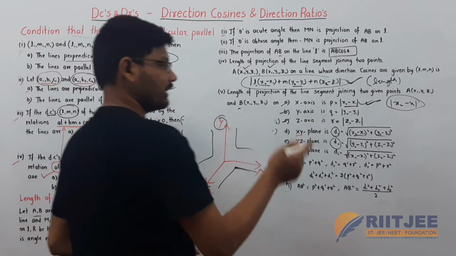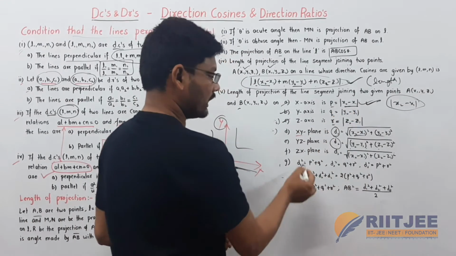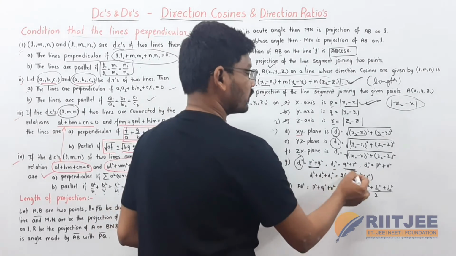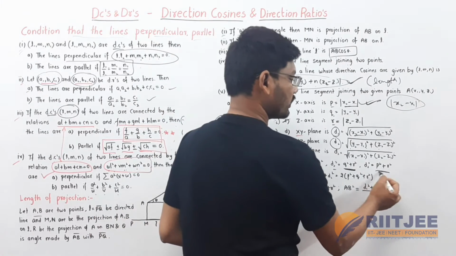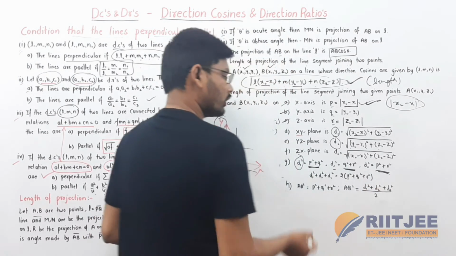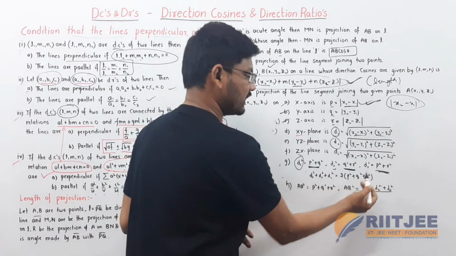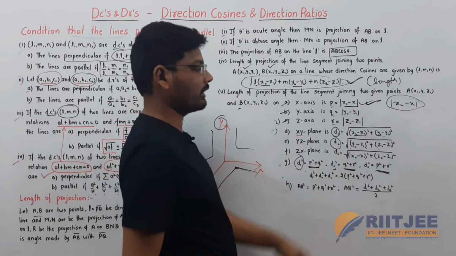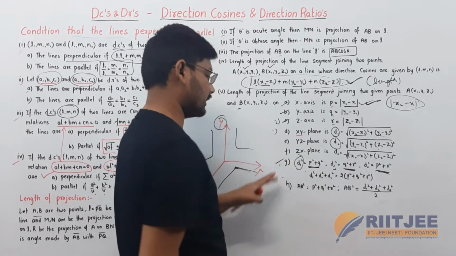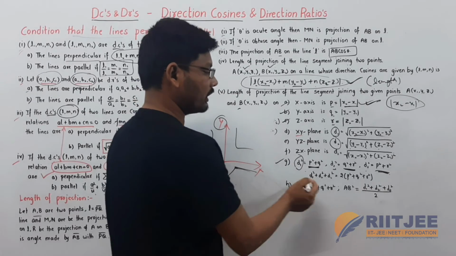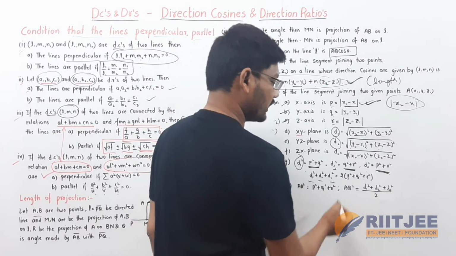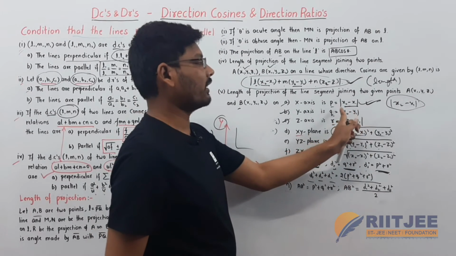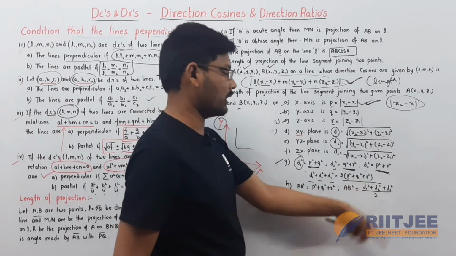If you want to find d1 by using the p, q, r values, d1 square is equal to p square plus q square, and d2 square is equal to q square plus r square, and d3 square is equal to p square plus r square. If you find the square root of d1 square, d2 square, d3 square, we will get the d1, d2, d3 values also. Otherwise we have one more condition: d1 square plus d2 square plus d3 square is equal to twice the sum of the squares of p, q, r.